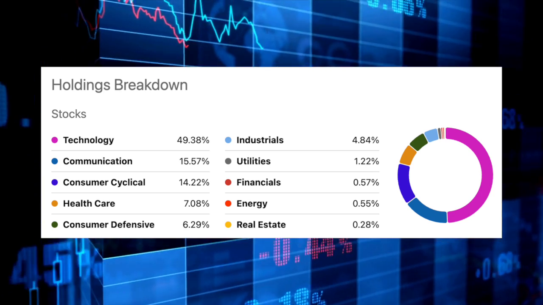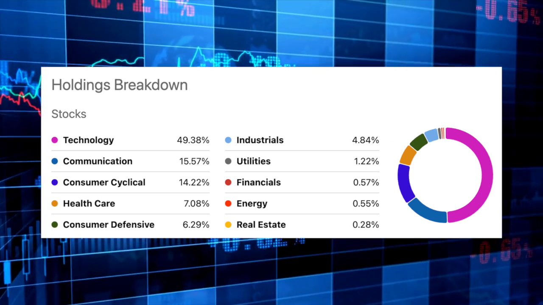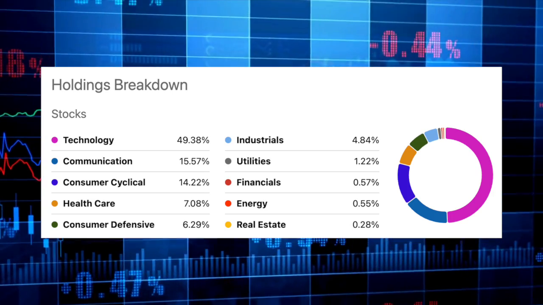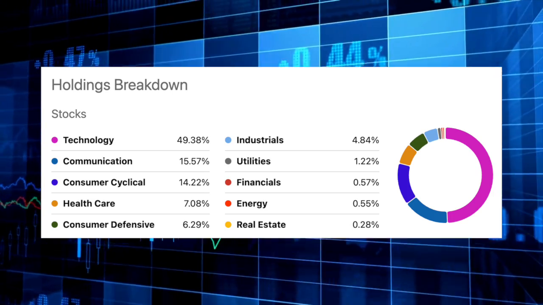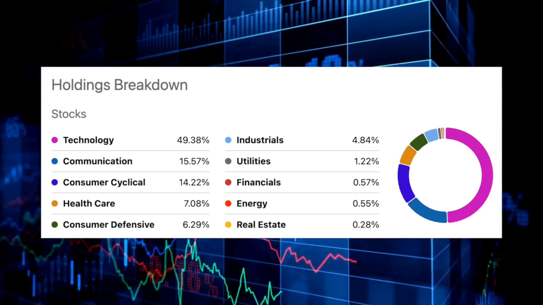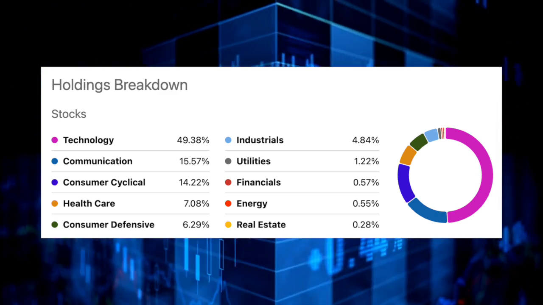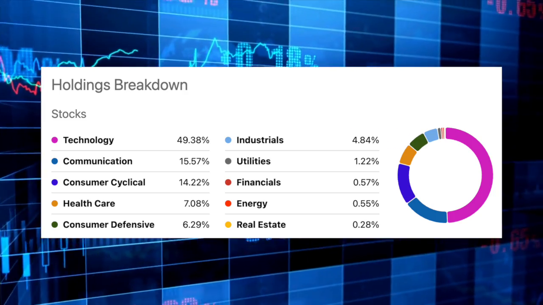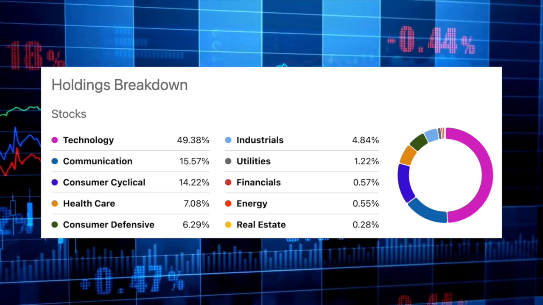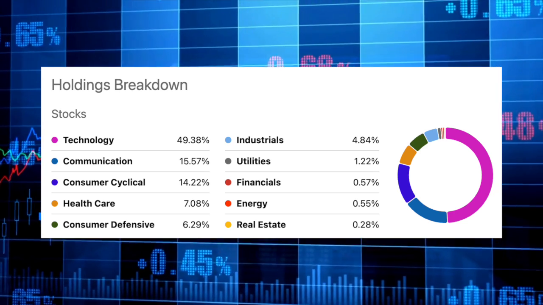As I mentioned, the Nasdaq is very tech heavy, and here you can see that, as QQQ has nearly a 50% exposure to that technology sector, followed by 15.5% to communication services, which is one reason the Qs have performed so well in 2023. The next largest sectors include consumer cyclical, healthcare, and consumer defensive, rounding out the top 5.